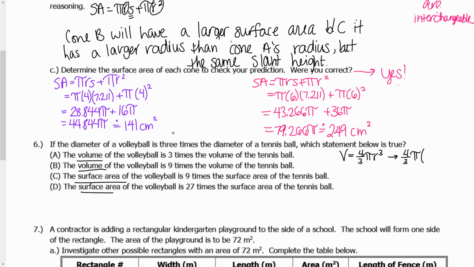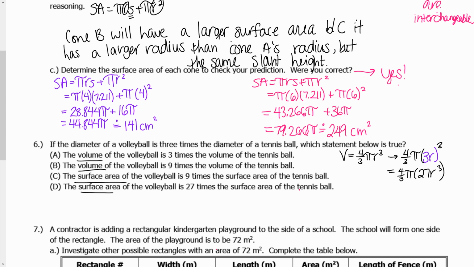that the radius is also 3 times larger, because if you multiply the diameter by 3, you will also have to multiply the radius by 3. So this would be 3r, and then I'm going to cube it. So this ends up being 4/3 pi, and then 3 cubed means 3 times 3 times 3, which is 27